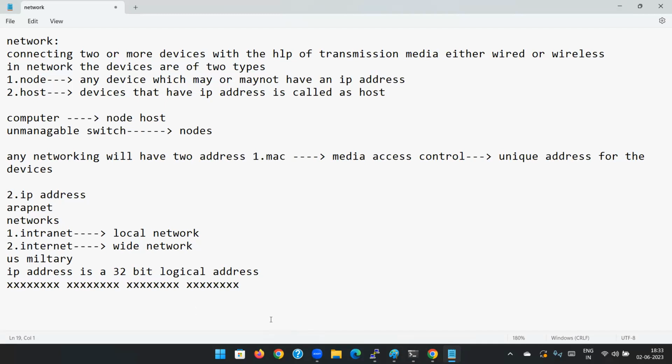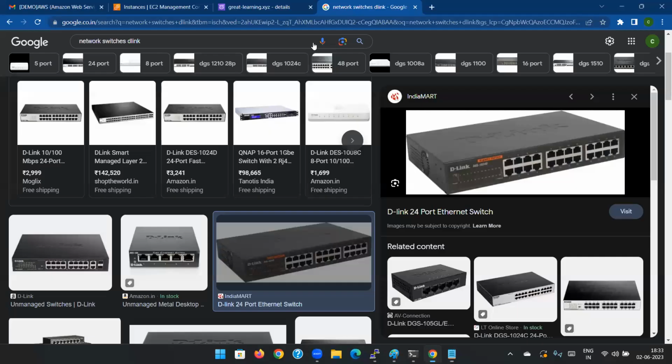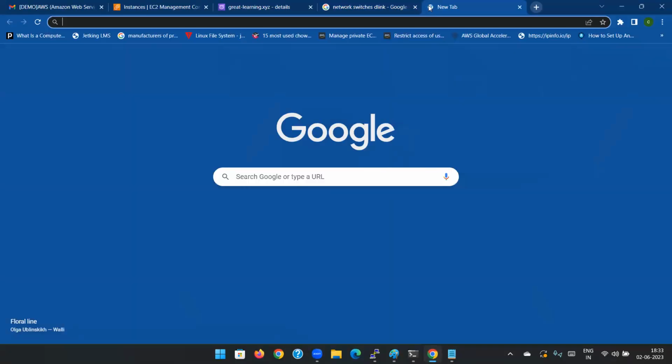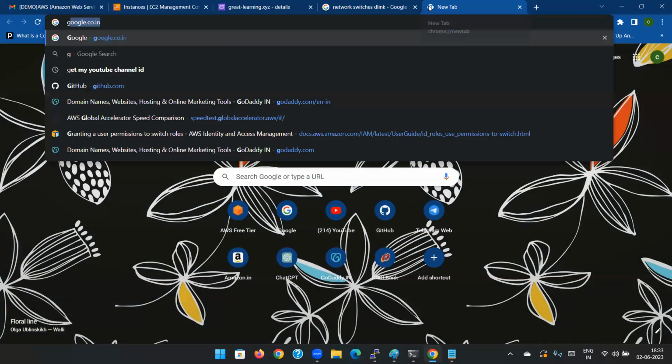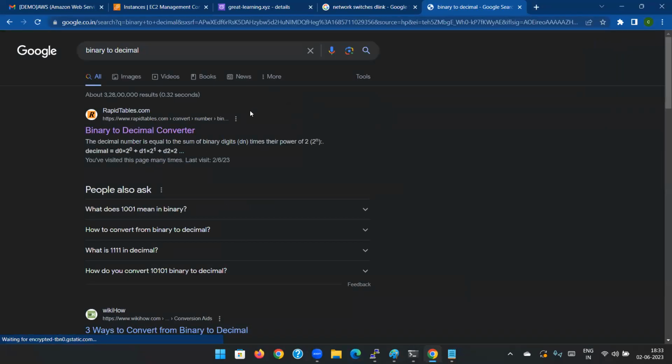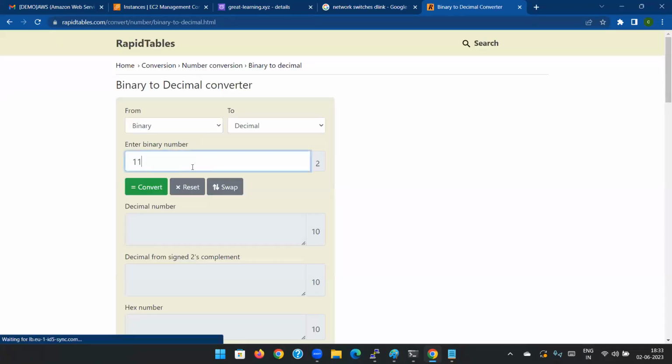So if you want to convert this, what is the number that I have given here? Try to understand this. In the binary to decimal converter, I have given 1111111. If you convert that number,